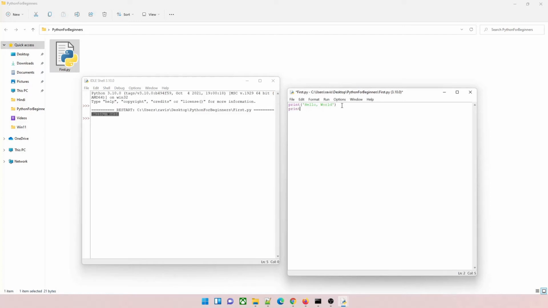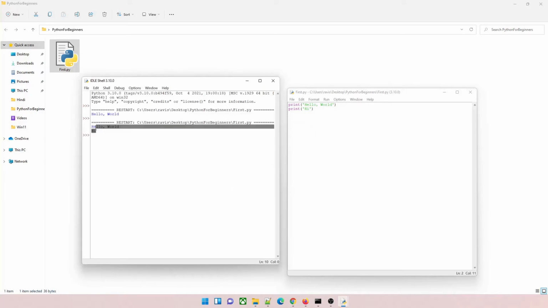Let's type something else and let's try to print it. Again, type the print command. So you can see that something is printed over here. This is called call tips. So this will give you an idea on what is the correct syntax. Again, just run it, and then it will automatically save it, or you can just save it, and you can see that hi is printed over here. Perfect. Then we have run it.